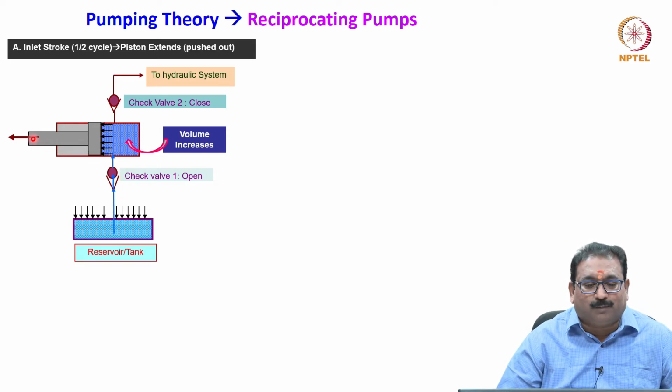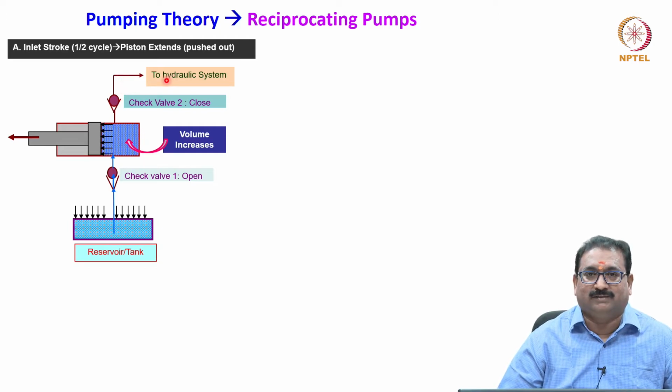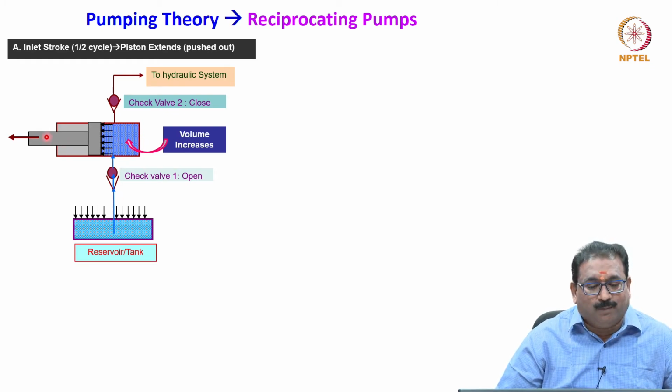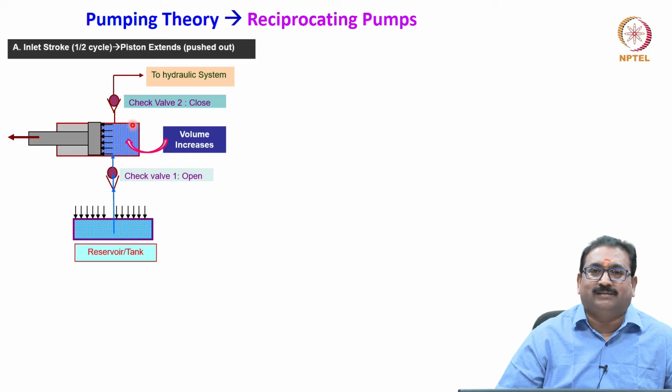Then when the piston is pushed in, what happens to the volume? Volume decreases. At that time fluid will be discharged out of the pump outlet. Now we will see this, friends. The half cycle means when the piston moves from right side to left side, volume increases, and the fluid is sucked in. When we push inside the cylinder, the volume decreases and it will discharge the fluid, which is the other half cycle.